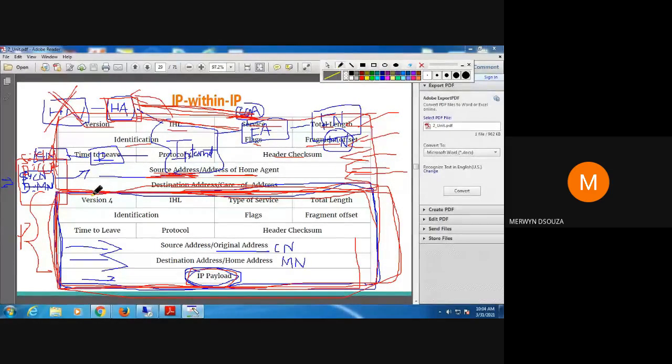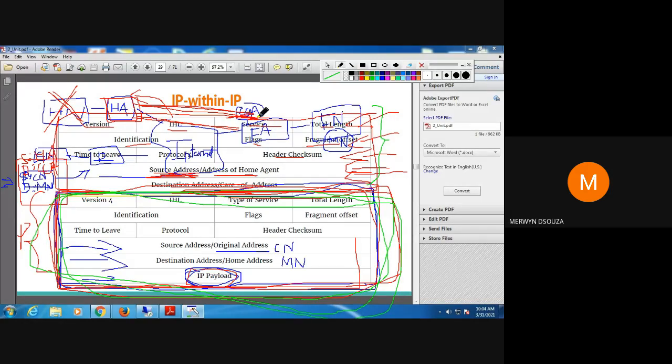What I am highlighting in green was your original packet. So it adds all those additional things, and this adding of additional things is known as encapsulation.